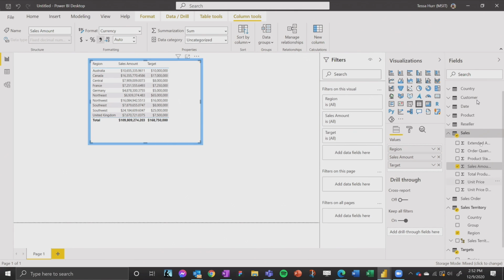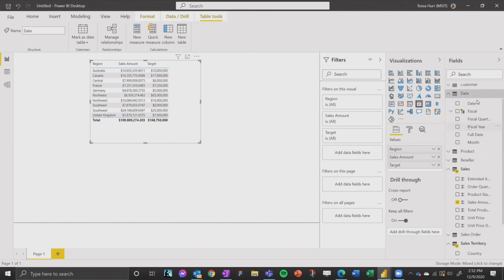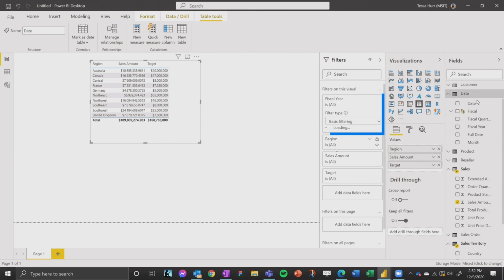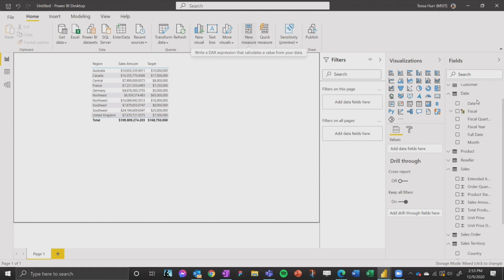I can even add in a filter. So I can add in something like fiscal year to my filters on this visual. And if I want to have it filter to FY 2020, then it'll all work with my visual that I've created. And then to show you some more of the magic of composite models and this particular feature,